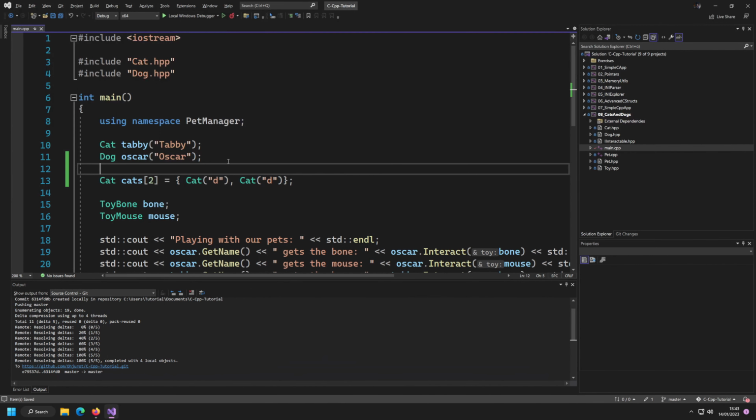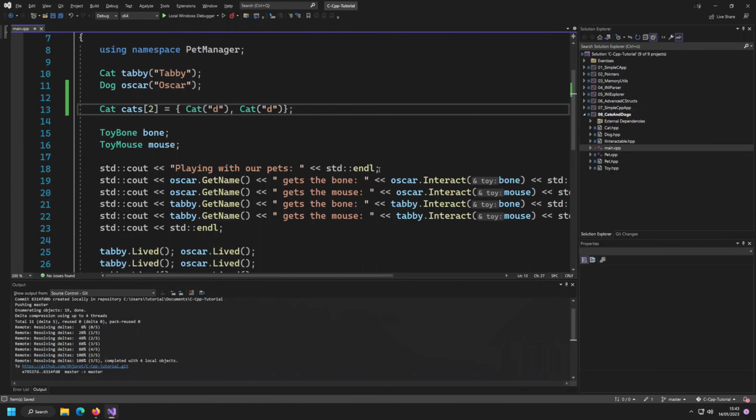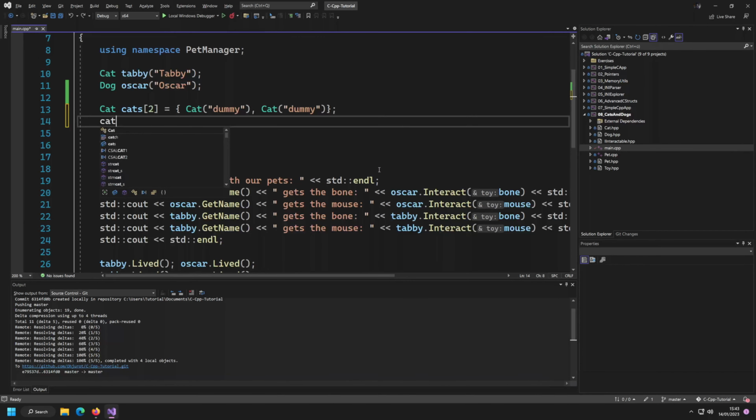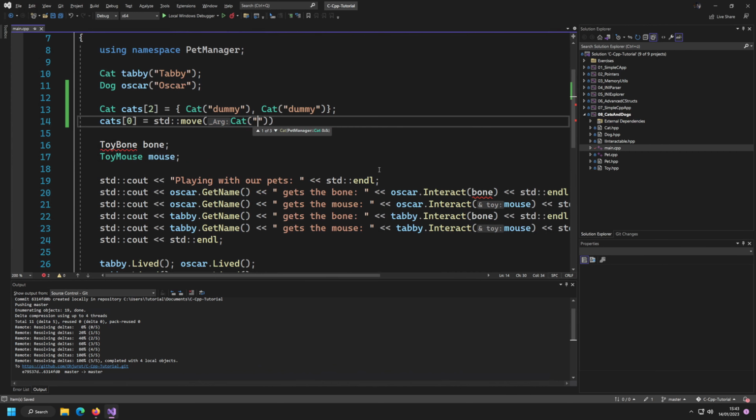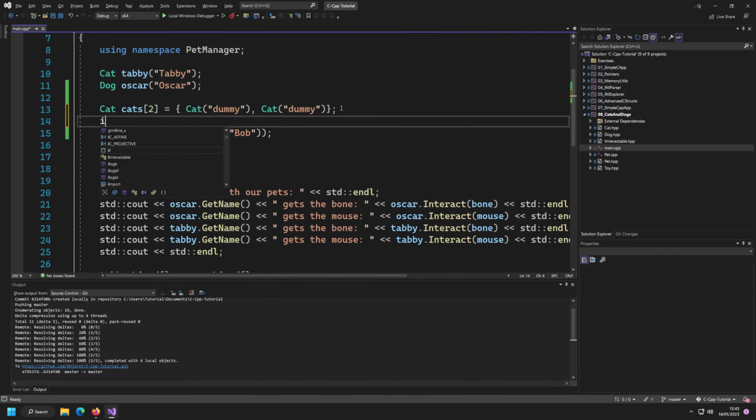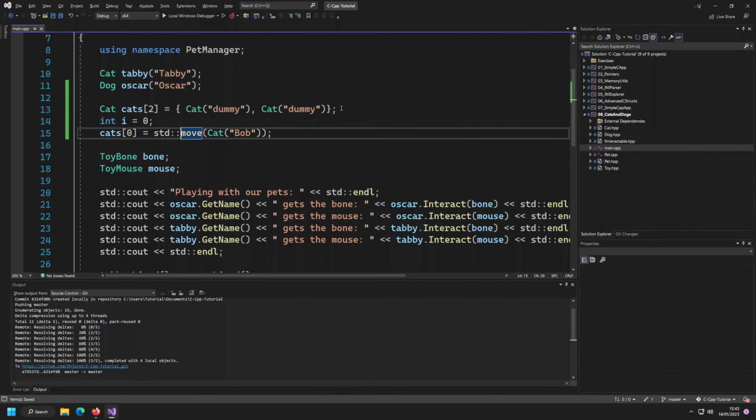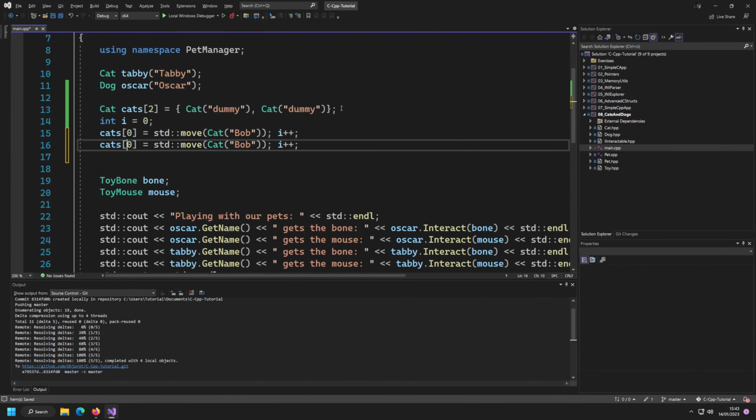However, what would not work is doing it a bit differently. You could say, all right, this is a dummy cat and this is another dummy cat, and later on you could say cats at 0 is std move of a new cat constructed with the name Bob, for example, and you would be able to overwrite that cat at slot 0. But then to actually know how many cats are in here, you would need an integer, i equals 0, which basically indicates how many cats there are. And if you do this, you increment it,